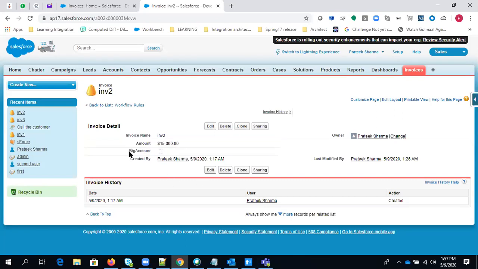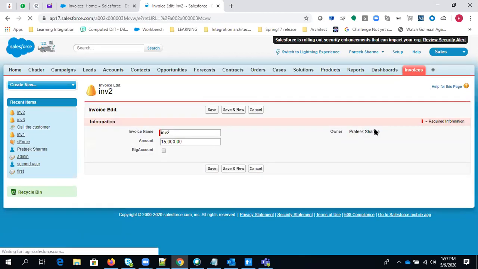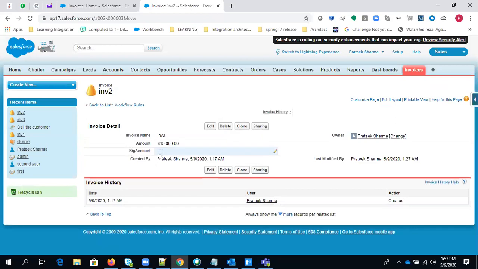So what we did is we have added the big amount to unchecked, but our criteria was met earlier. Criteria is met now as well. So we are not making any changes on criteria. That is why the third option is working, right? So you can see here the big amount checkbox is not checked. Even if you will edit this record 100 times, right, it will remain same. It won't be checked, right?